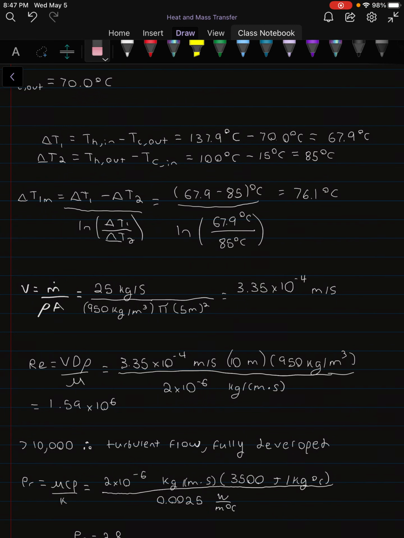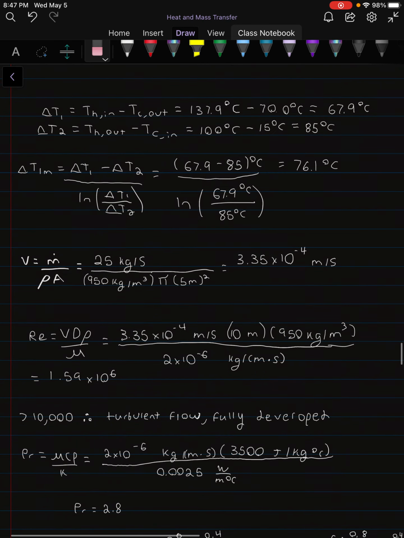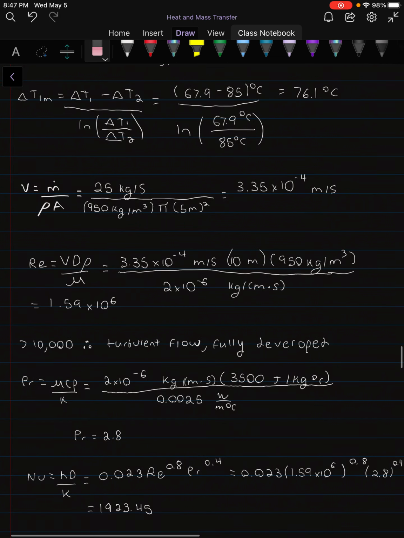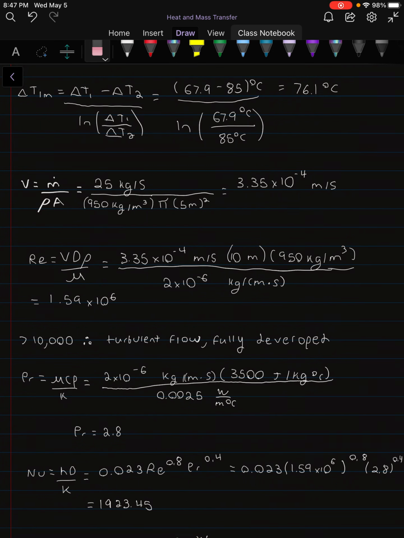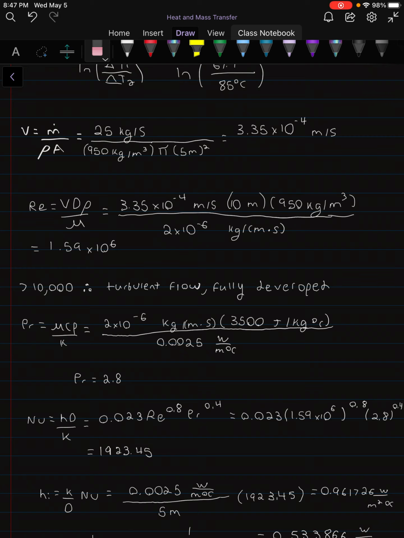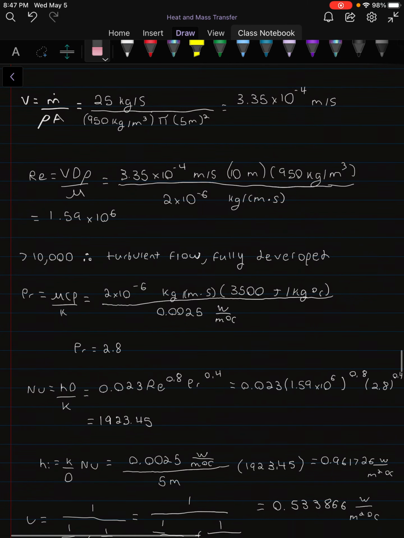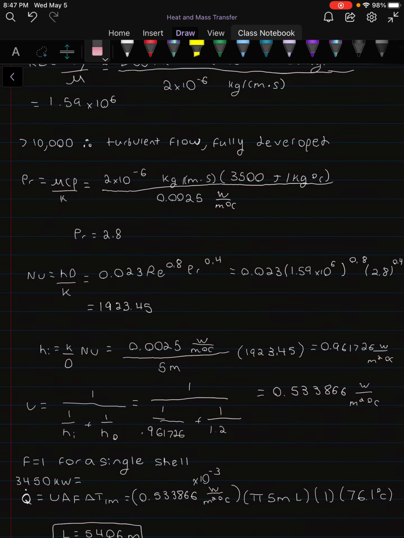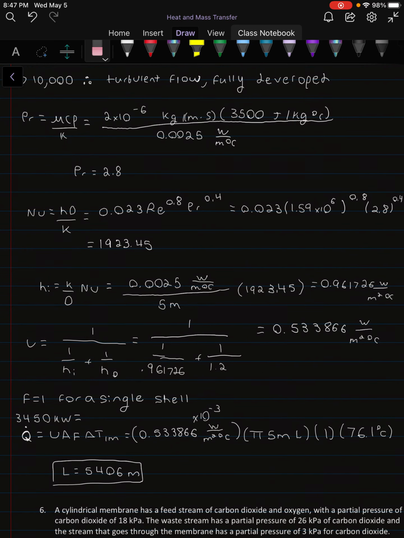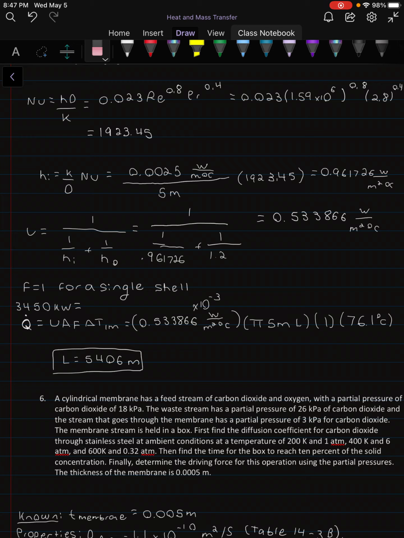log mean temperature difference, and you get 76.1 degrees C based on what we calculated for T_C in and the givens. Then our velocity is equal to m dot over rho A, and that's 3.35 times 10 to the negative 4th meters per second. We get our Reynolds number greater than 10,000, so it's turbulent flow and it's fully developed, and our Prandtl number can then be solved for. We have our Nusselt number, and then we can solve for h, U, and then Q dot, and we get